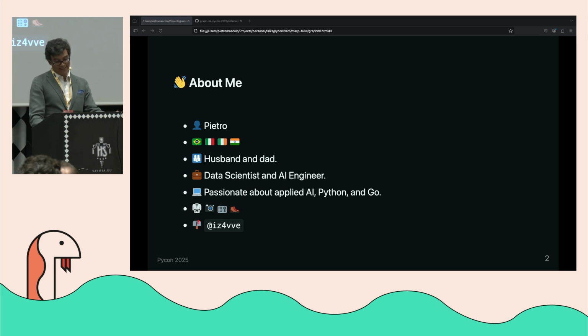I have been working as a data scientist and an AI engineer for the last 15-ish years across many different domains and many different companies, mostly in Ireland, but I have a past here in Italy as well, which was very interesting. A lot of my former colleagues are actually here with us today at the conference, some of them in the room. I'm always happy to see them again.